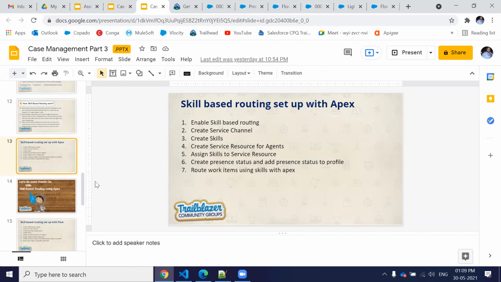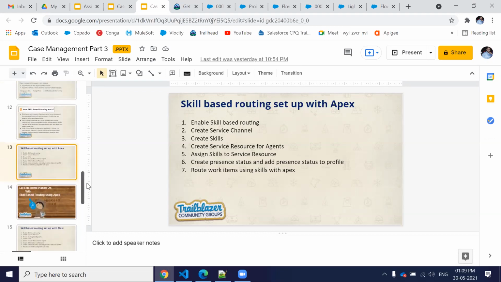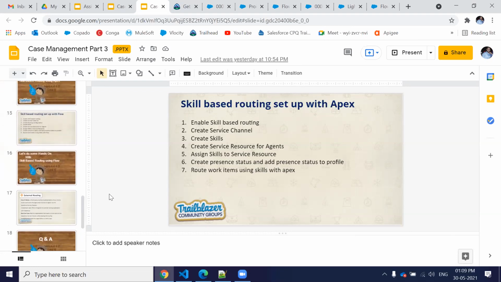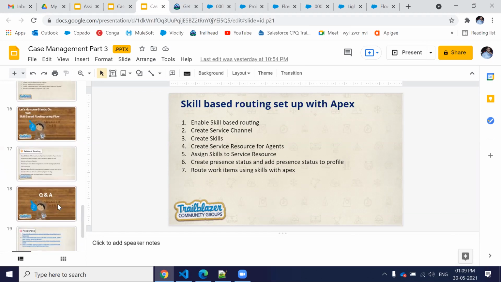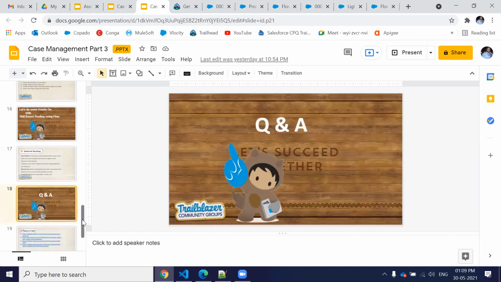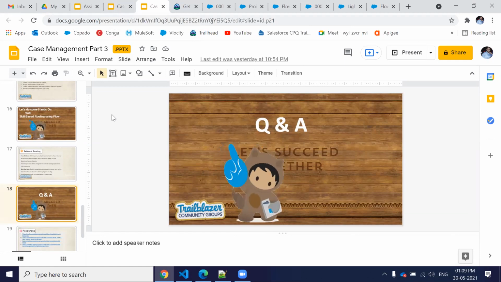Yes, I'm going to cover both in one session, because those things do not require coding. They just require a little configuration, and we are good. I am able to complete that in one hour, and after that we will spend half an hour on Q&A. So I'm assuming we can complete everything in the fifth session: the knowledge articles, communities, and then Q&A.